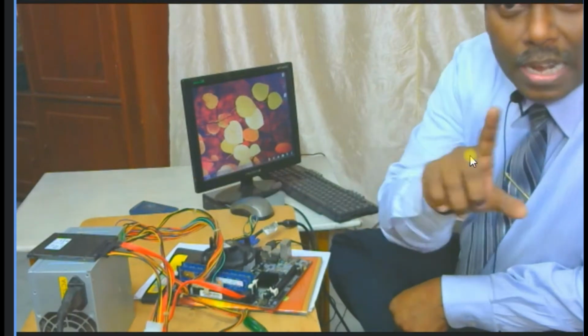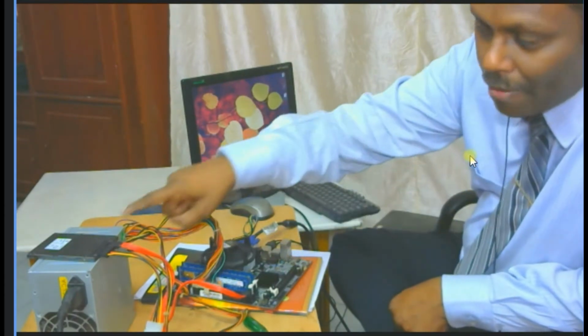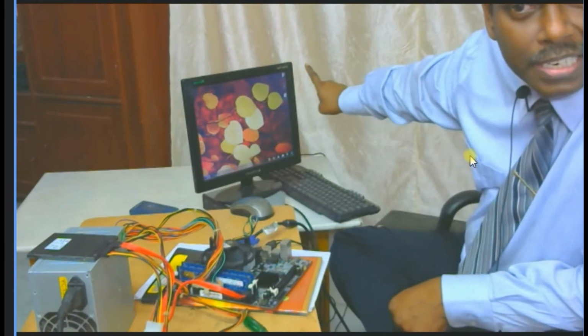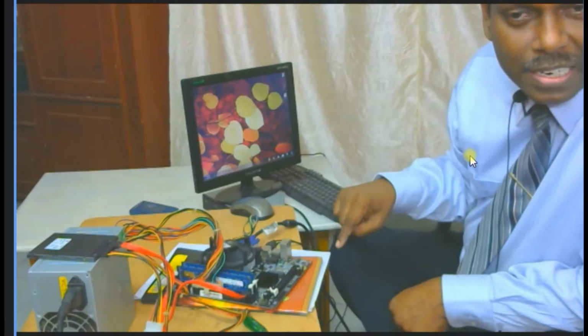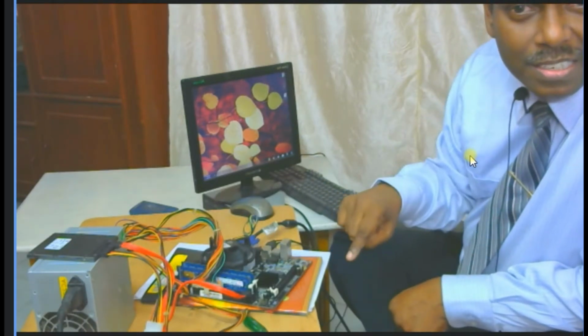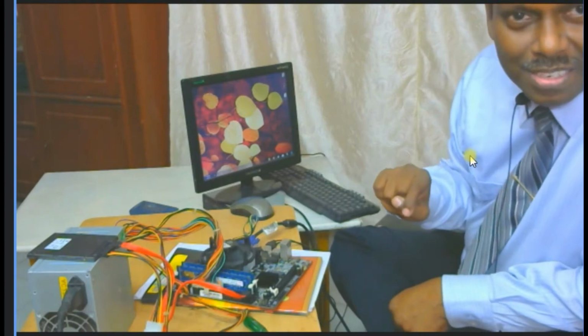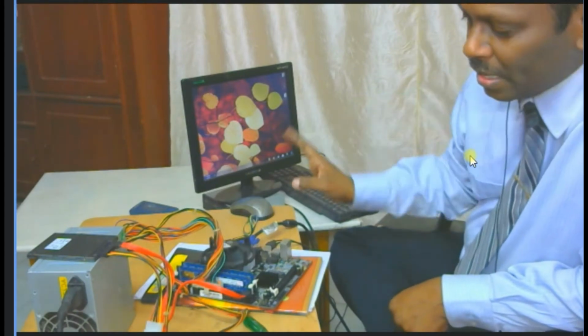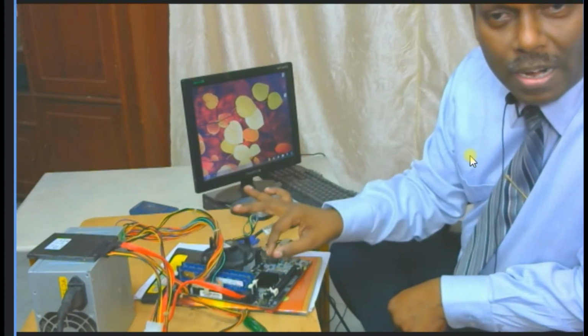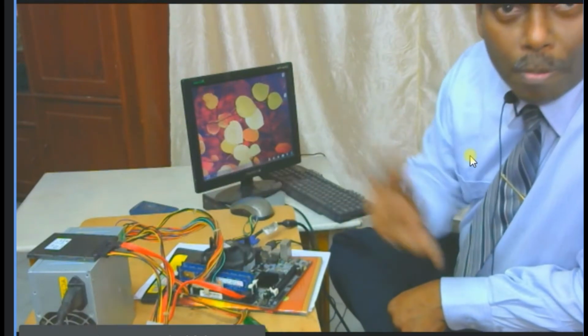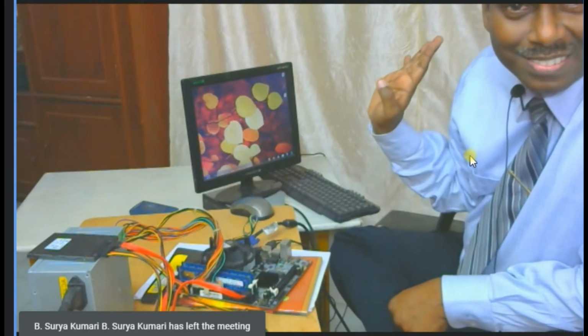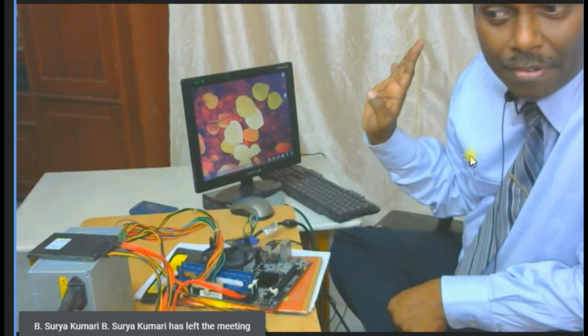That is the reason why I added them one by one. I added the hard disk later, after seeing the display. We added the keyboard later, and the mouse later. Still the computer will be on. But if there is no monitor, motherboard, RAM, CPU, or power supply, the system will not start. Is this clear, everyone?